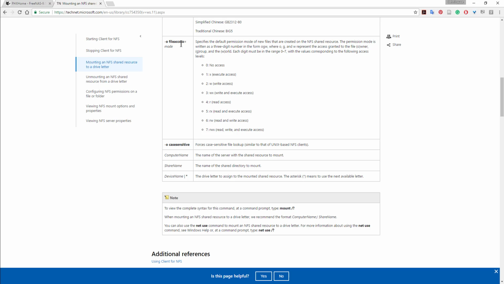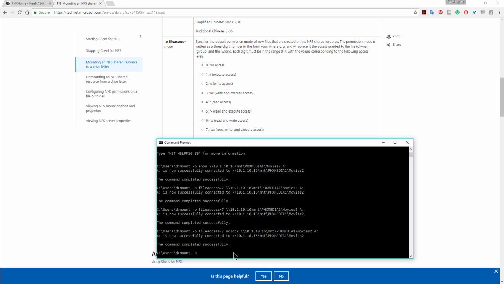So if you do fileaccess equals, and then if you do 0, you'll have no access. 1, you can execute. 2, you can write. 3, you can write and execute. 4, so you can see they're all in here, and then you can see whether it's case sensitive and everything else. So I'm going to type out the rest of this. So I'm going to say mount, and I've done this a couple of times. So I'm going to say fileaccess equals 7, and then nolock, and then // give it the IP address